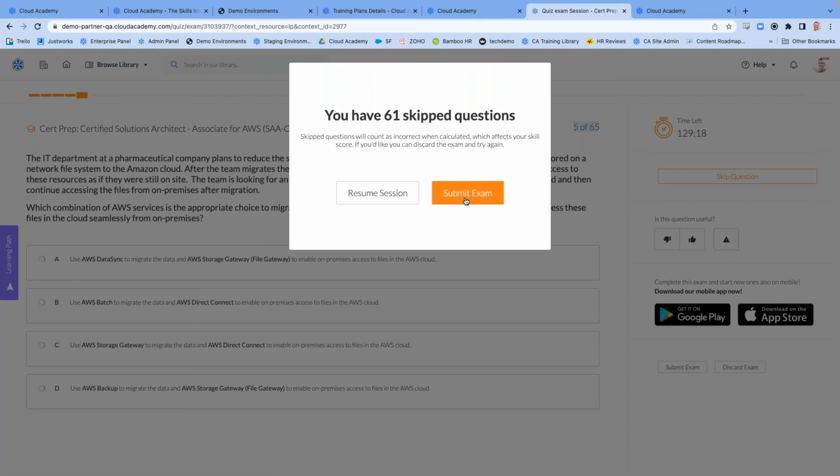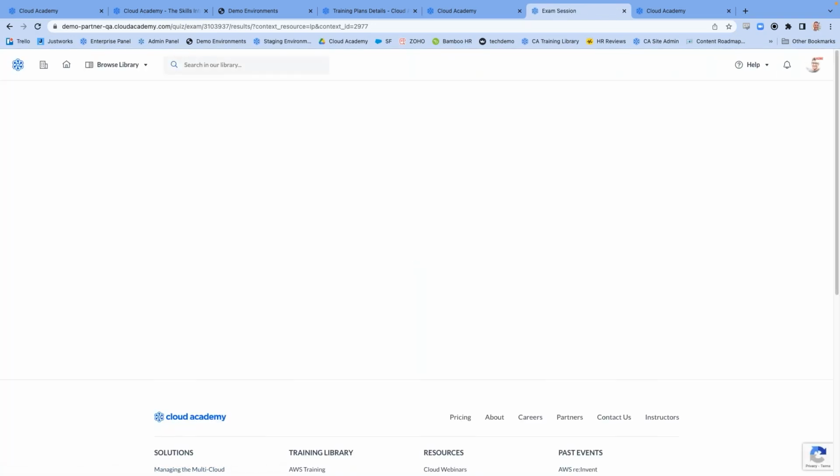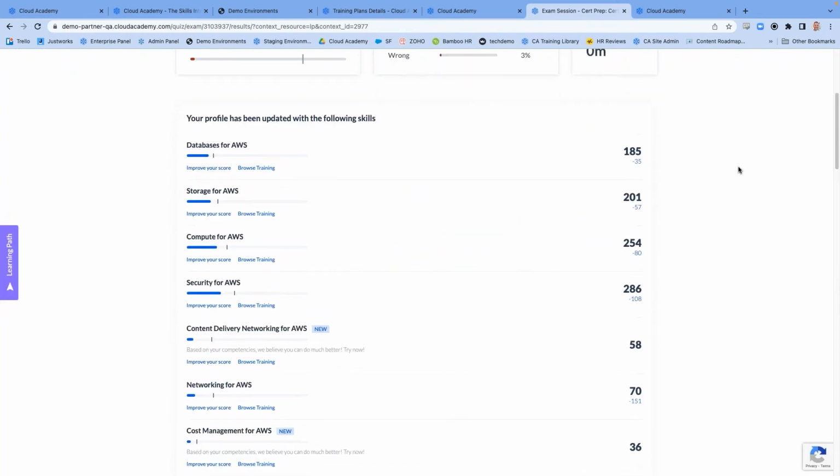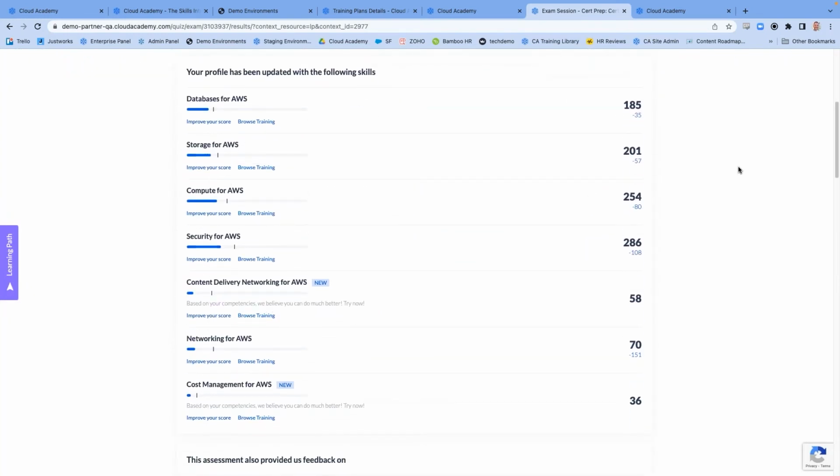But ultimately, we understand that providing an end user a score is so far from sufficient to what they need in their learning journey. So after the exam, in addition to the score, we also provide complete transparency into what skills were assessed and how the score was impacted, plus quick calls to action to either improve my score by jumping into a quiz or browse training directly related to a topic to shore up that gap.